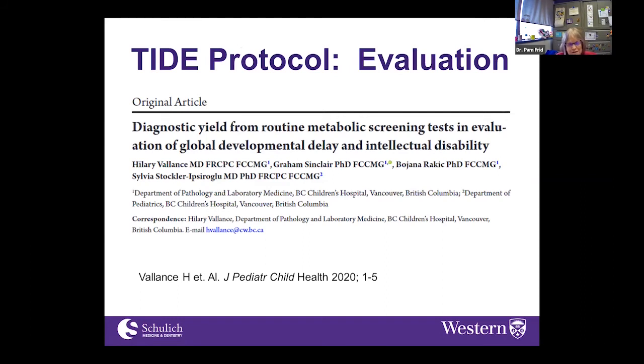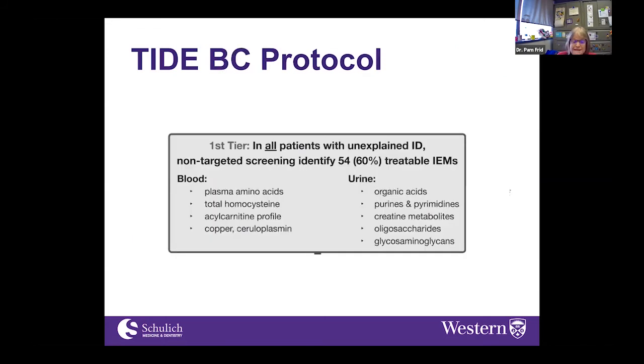The other thing that was difficult to implement in all the provinces is that in some provinces, some of these tests were not available to families without a charge. The authors of the original paper on how to investigate are in Quebec, and all of these things are covered. But for instance, in some of the provinces, you couldn't get an acylcarnitine profile done without a charge of about $300 to families. And in other provinces like Ontario, you could get some of the tests done if the child was sent for their blood tests to be done in the hospital. But if they went to a lab outside the hospital, they were charged for it. So it became very difficult in many places to implement the TIDE protocol.